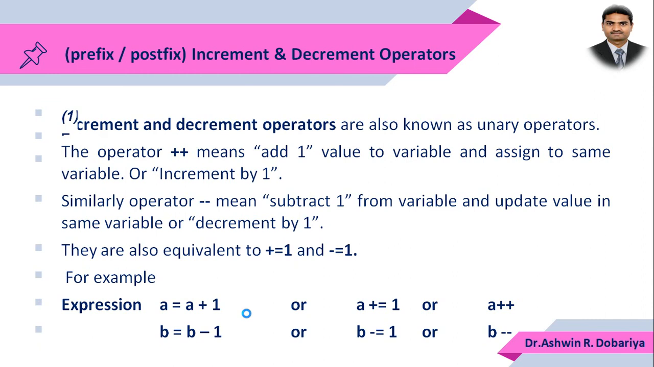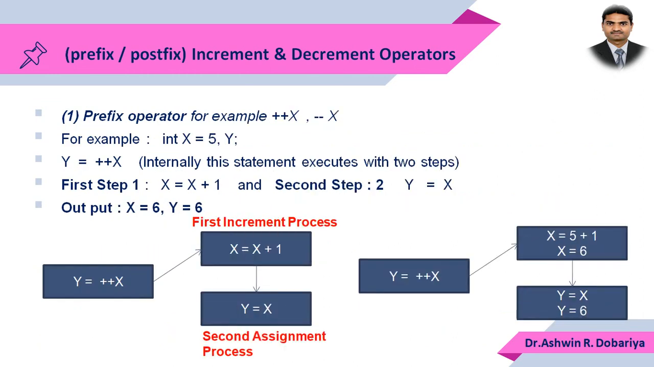Now let's see what is the difference between the prefix operator and the postfix operator. First we'll discuss the prefix operator. Prefix operator means the operators are mentioned before the variable. That's why it is known as a prefix. So plus plus means pre-increment, minus minus means pre-decrement. For example, x is equal to 5 and y. Now see friends, if this operator is used individually,